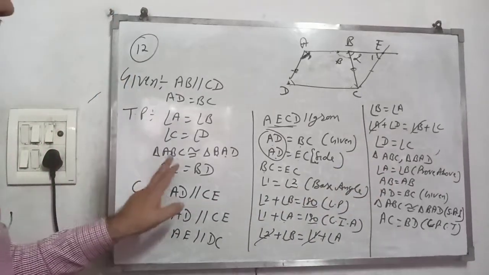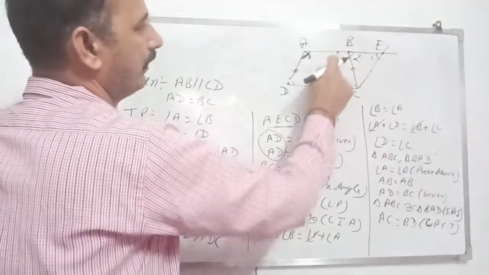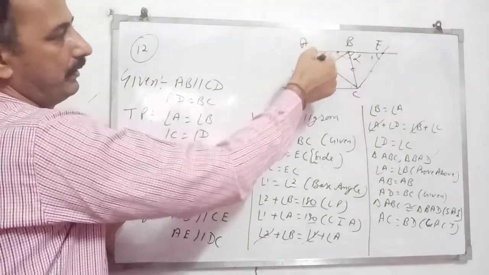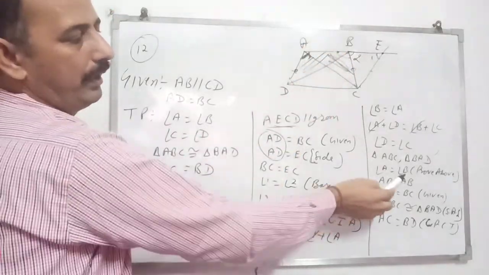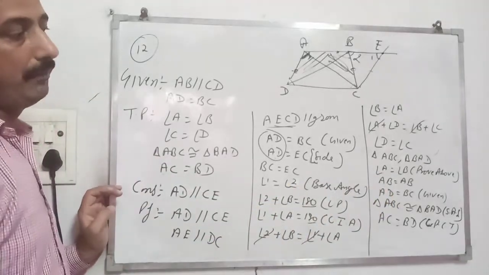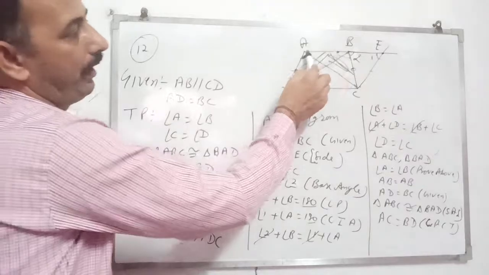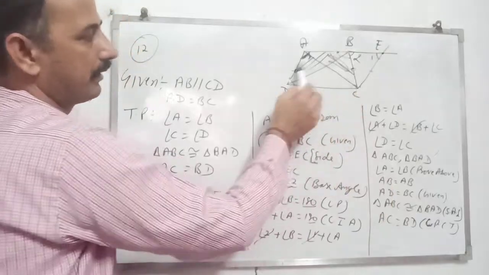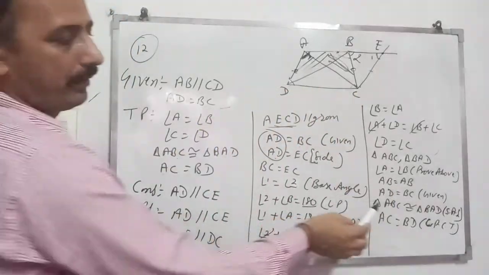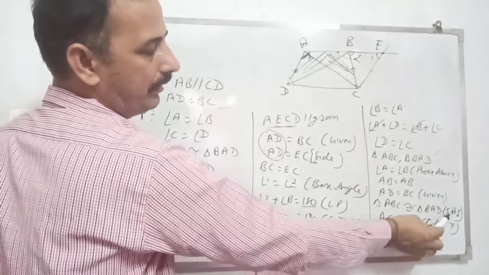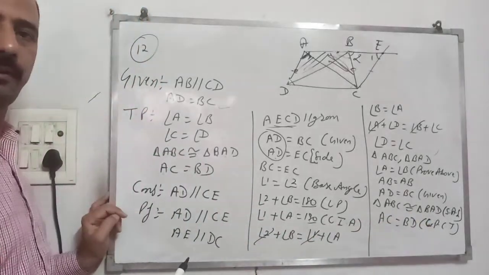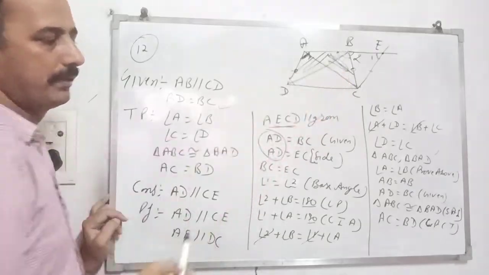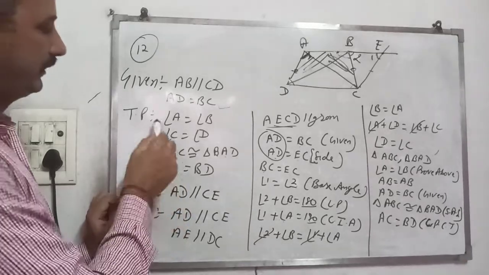Now we come to the third point. ABC is a triangle. Now join this side and join this side. Now these are the two triangles we have to prove congruent. So angle A equal to angle B because we have proved it already above. Side AB is common in both, and AD equal to BC because that is already given. So triangle ABC is congruent to BAD by SAS. If the two triangles are congruent, their corresponding parts are equal. So AC equal to BD, right? So in this way we have proved these 4 parts.